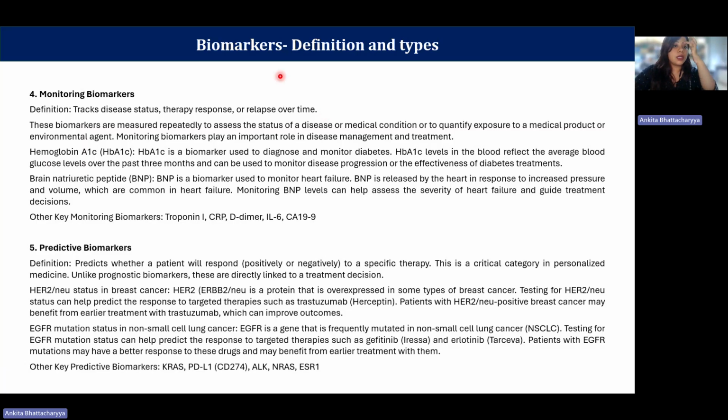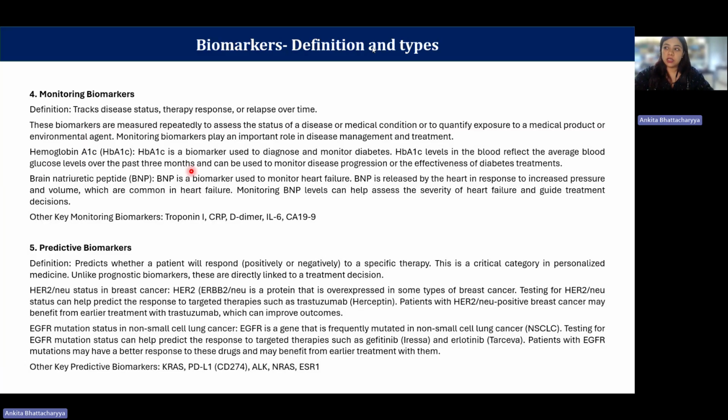Okay, so coming back here, we were talking about monitoring biomarkers, and among them, the first example is of HbA1c, which is a biomarker used to monitor diabetes. The second example is of BNP, which is brain natriuretic peptide. Again, I hope nobody has to, but if you have ever had a relative